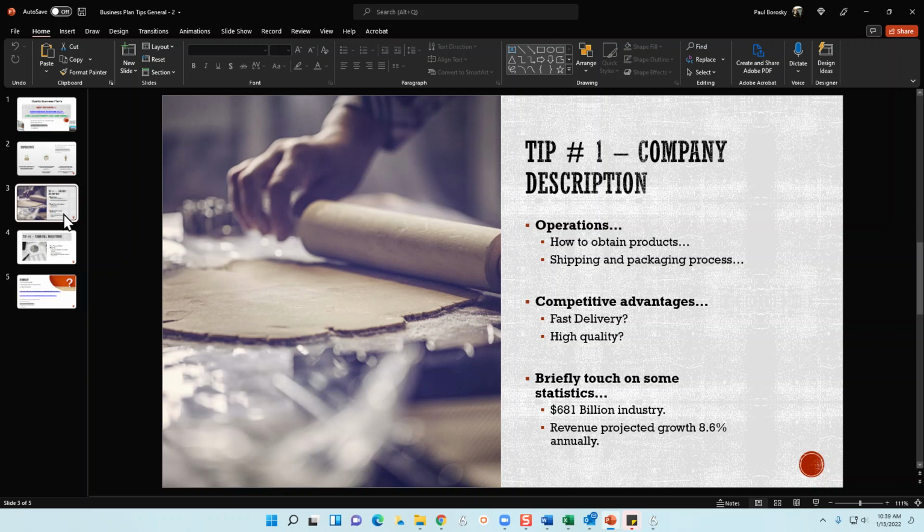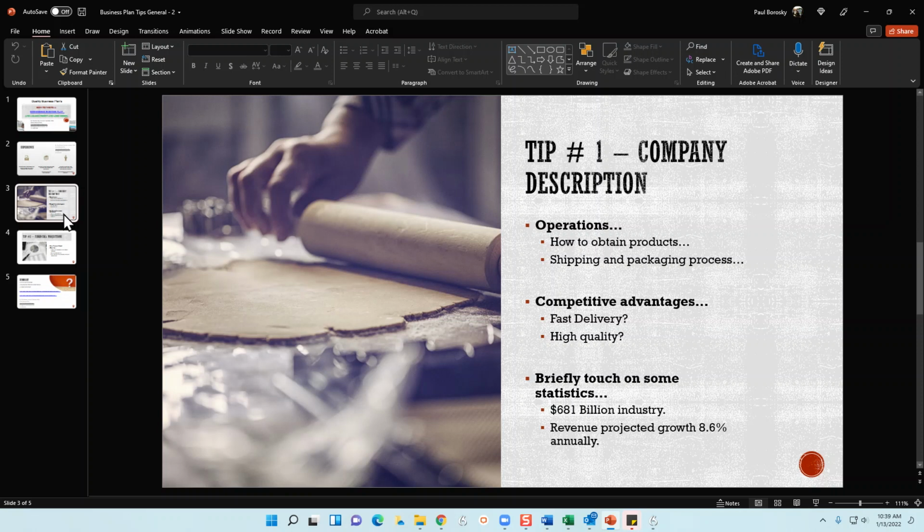When you do that, you usually are going to be able to enjoy a couple advantages. First and foremost, when you are including statistics, it shows that you have done research into the industry, and it's an excellent starting point for credibility for yourself to show that you are an industry expert. Obviously, two pieces of information in the business plan does not make you an industry expert, but you need a starting point, and that's definitely it.